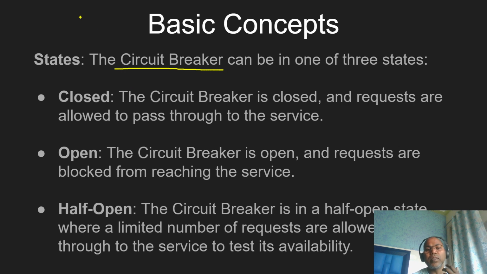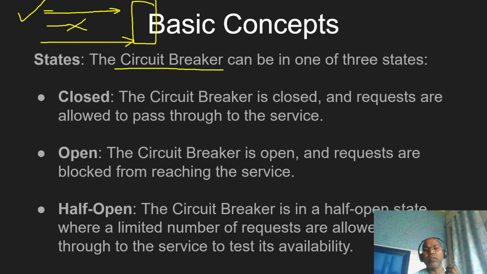So there are situations where sometimes you decide, "I have to send the request," and sometimes you decide, "I am not going to send the request," and again you decide, "I am going to continue sending the request." This is a faulty node, and our circuit breaker decides, "Let's send the request," then "No, I'm not going to send," and then again, "Let's send the request." This condition is determined on the basis of the state of the machine.